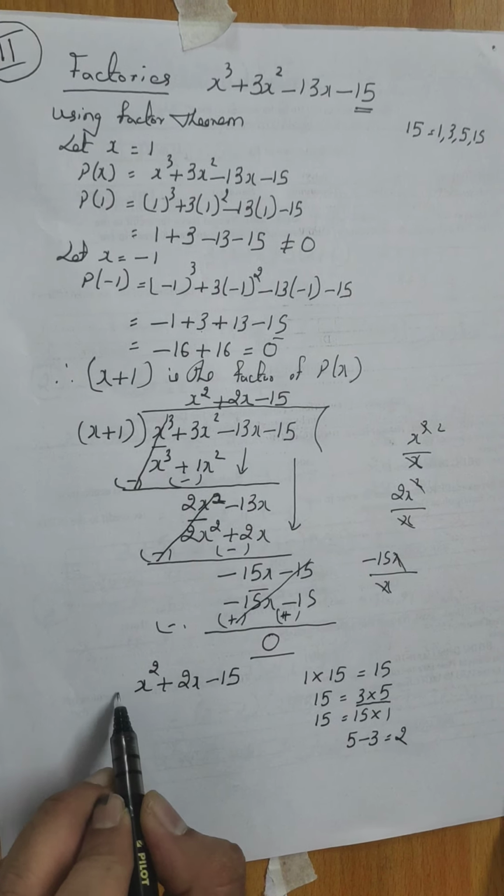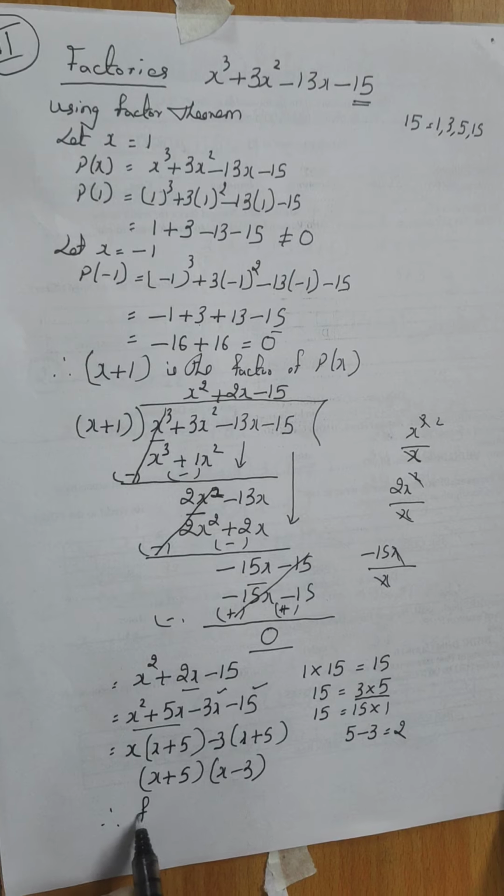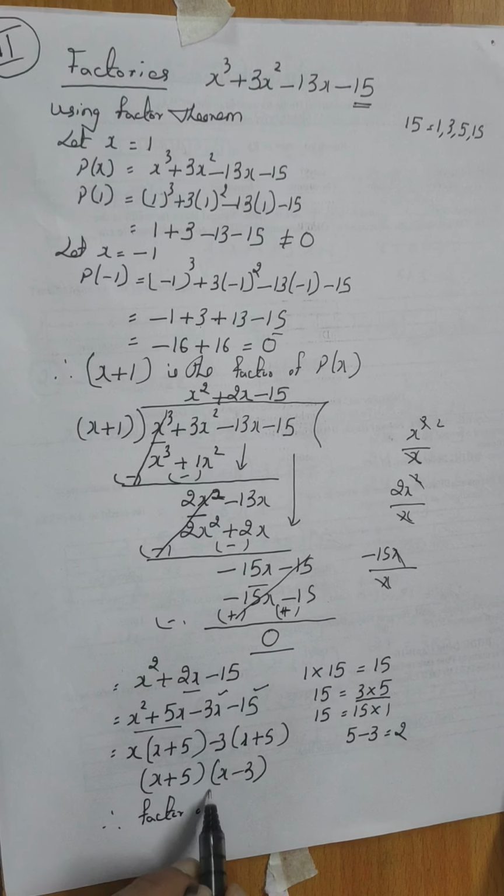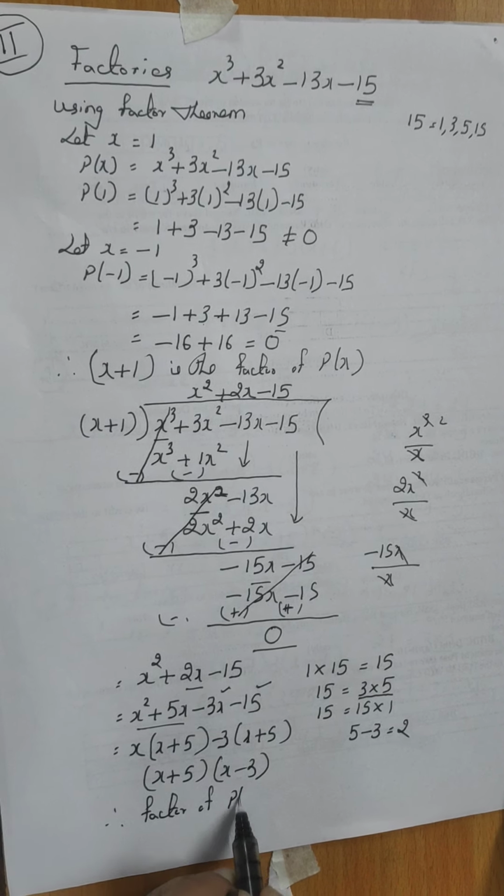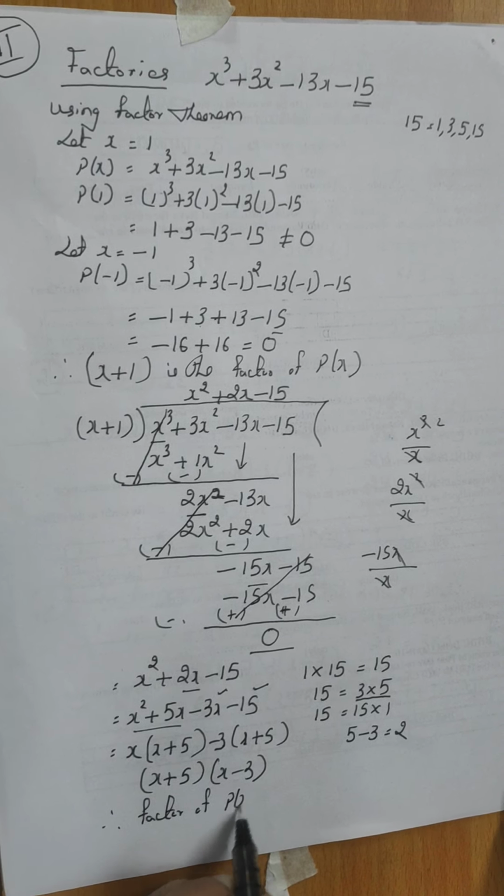Now what is common here? x is common. So I'll get here x plus 5. I'll write the same thing here. Then I have to see with which number I should multiply, so that I will get the third and the fourth term. So minus 3. See, minus 3 into x, minus 3x, minus 3 into 5, minus 15. So what is common in these two? x plus 5 is common, and what is left? x minus 3.